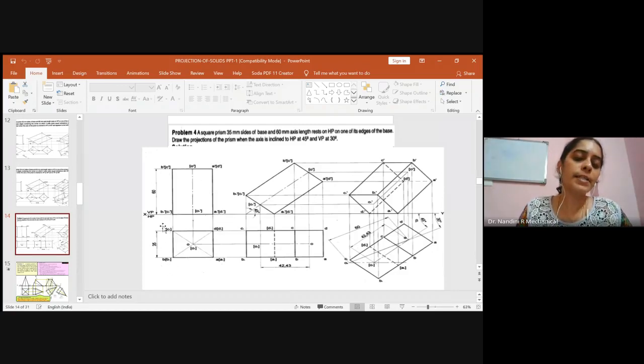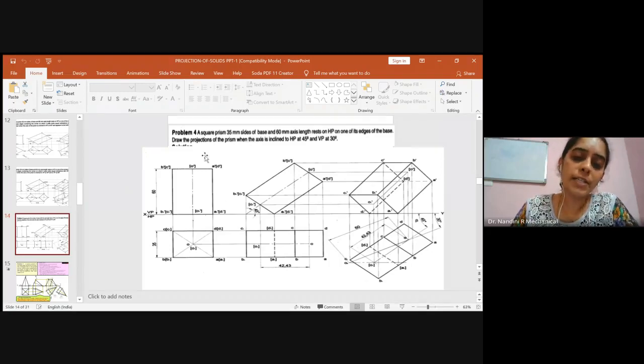You will be having B and C. When you view from the bottom, B will be visible, C won't be visible. So we'll write B dash and C dash. And here when you view, A will be visible and D won't be visible. So we'll write A dash outside and D dash. Similarly, the naming is similar to the previous problem. So don't worry. I just brushed through it a little bit quickly.